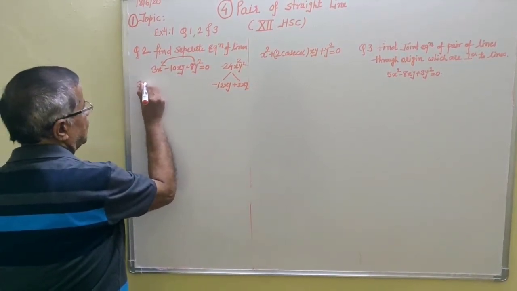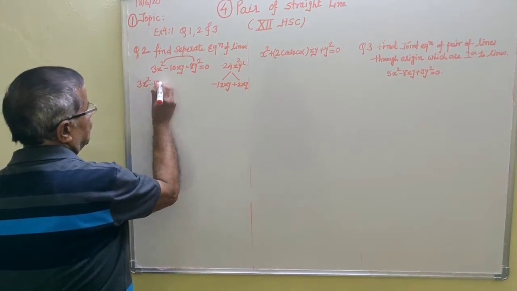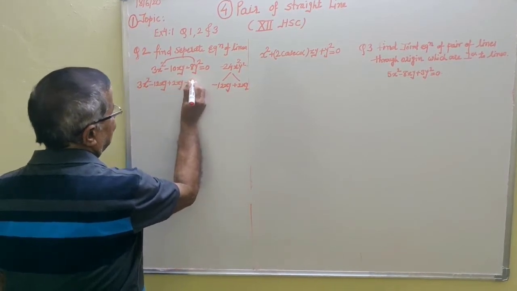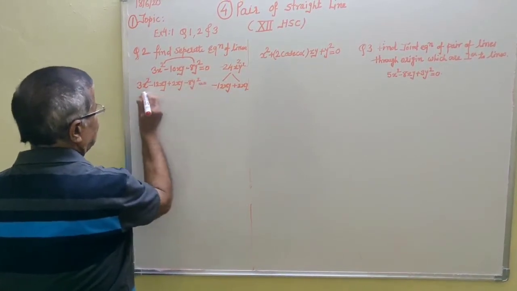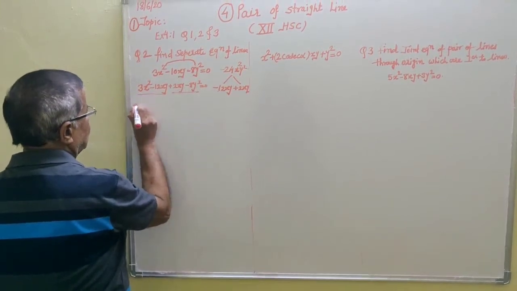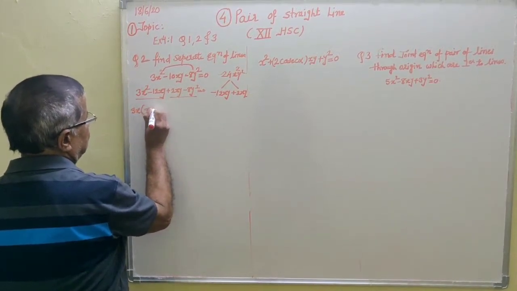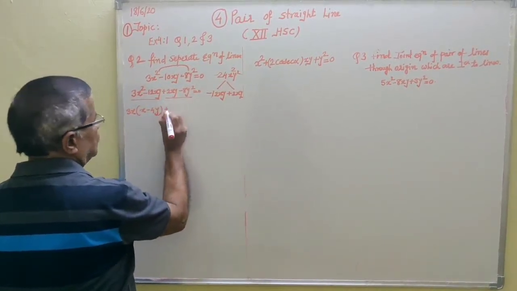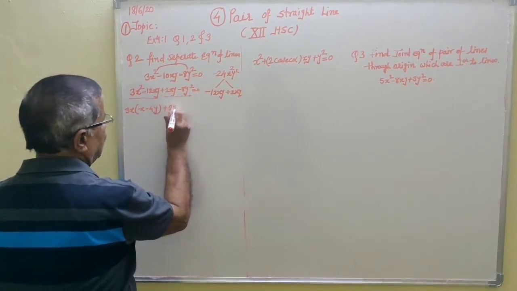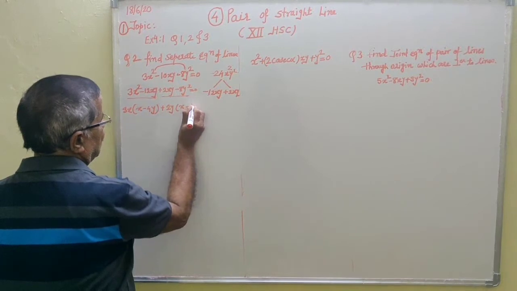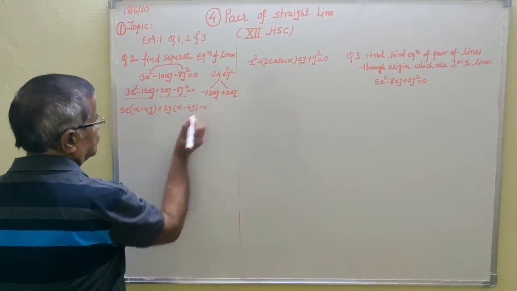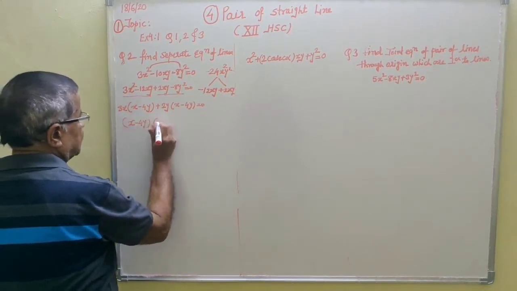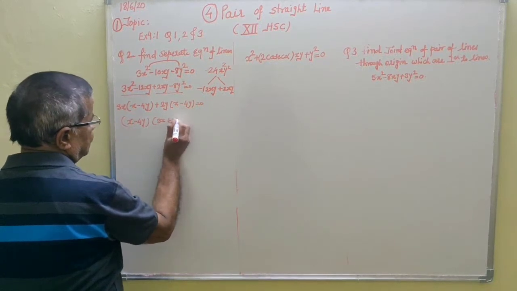Now I am substituting the value: 3x square minus 12xy plus 2xy minus 8y square is equal to 0. Now I will take out the common from these two terms. 3x will be taken out common, so 3x into x minus 4y will come here. From this I can take out 2y common, so x minus 4y will come. The brackets are equal, which means the problem is correct. So x minus 4y into 3x plus 2y is equal to 0.